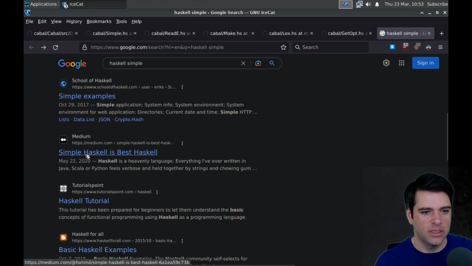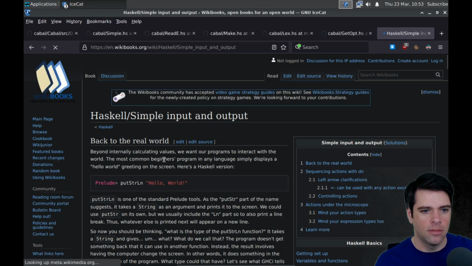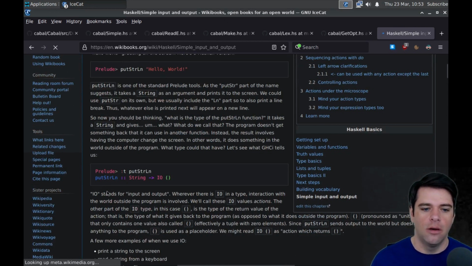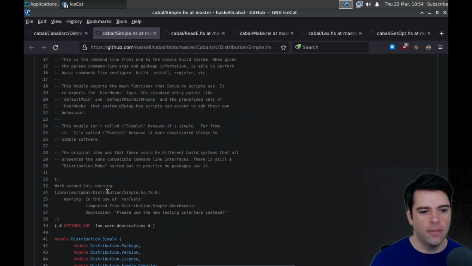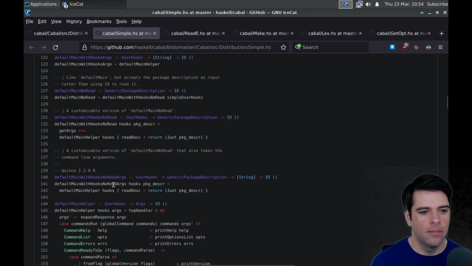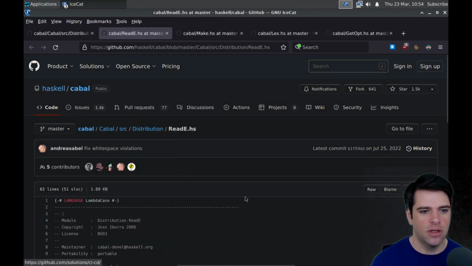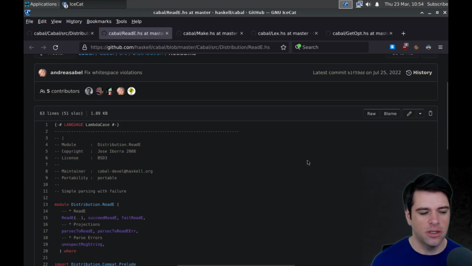Some sort of build system. Haskell simple input and output. Oh, I think this is not related to the simple thing. Okay, whatever simple is, it's this thing. I'm not sure if this is fundamental, so I'm going to skip it. And then if everything calls simple repeatedly, I guess I'll come back.